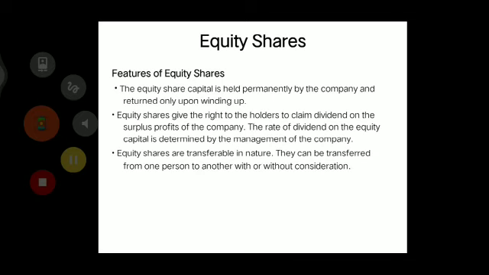What does dividend mean? See, every company makes profits at the end of the year, at the end of the financial year. When we close accounts, we come to know how much profit the company has made. And this profit can be distributed to the shareholders. Right? This money belongs to the shareholders because they have invested the money, the capital. So whatever profit has come, it has to be shared among all the shareholders. The part of profit which a shareholder gets is called dividend.